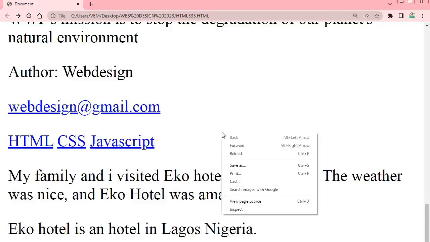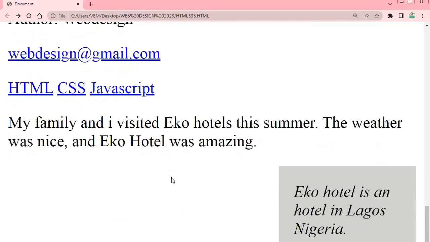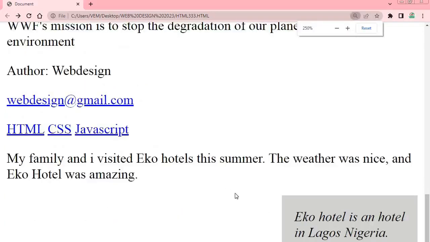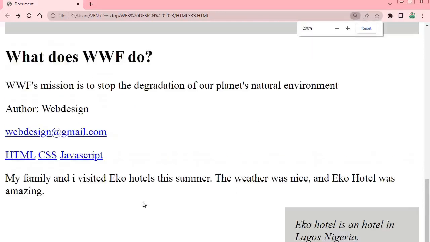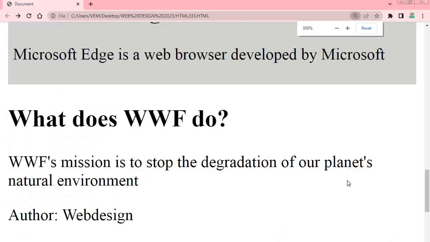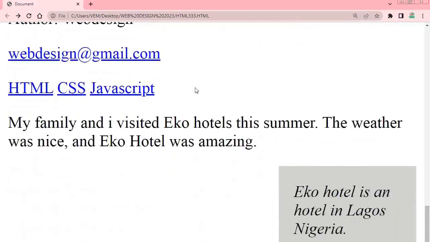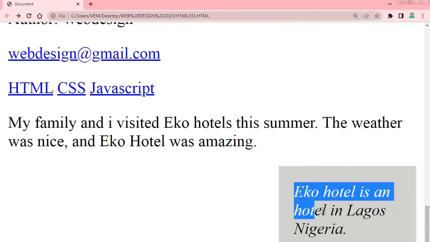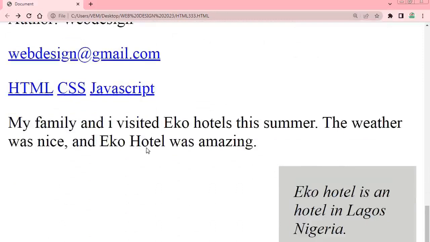So let's reload. Alright, there is our aside element there. That's our aside. So Eco Hotel is in Lagos, Nigeria. We have put it at the side. So let's try to fill up this space here. This place is